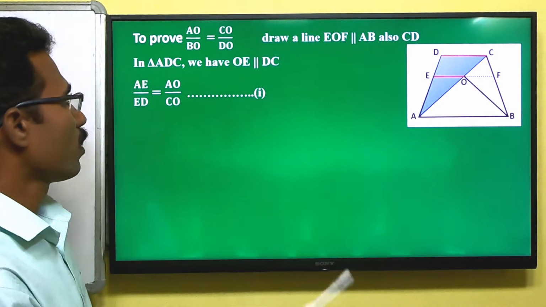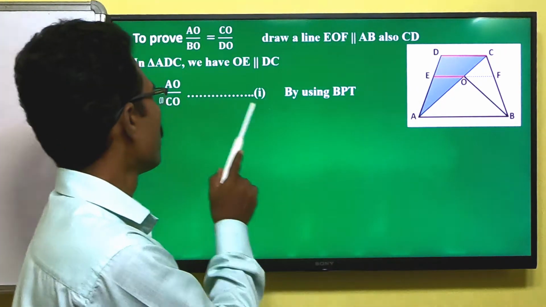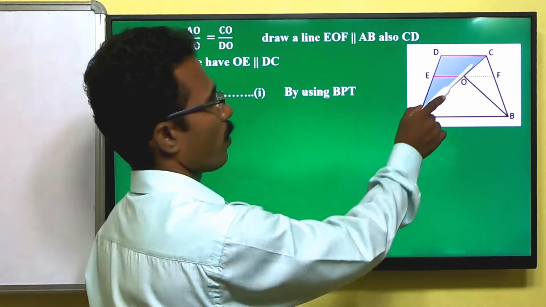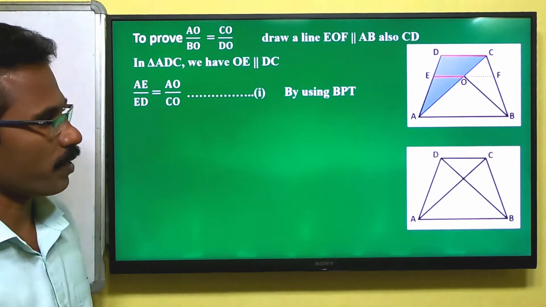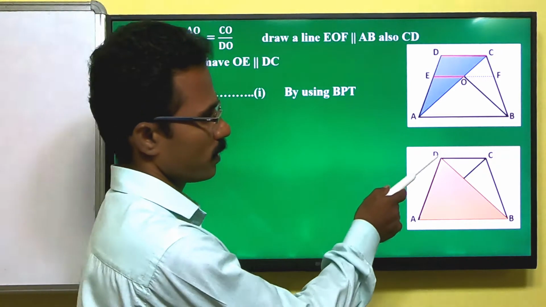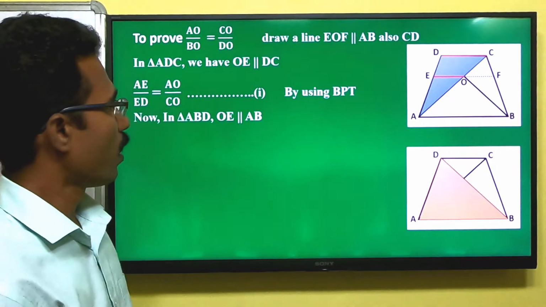So according to the BPT, AE upon ED is equal to AO upon CO. We will keep this as equation 1, and we will move to the next triangle, that is ABD,